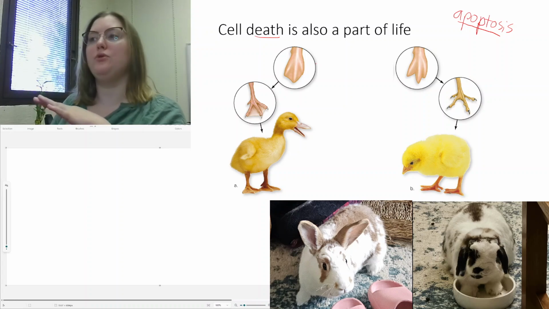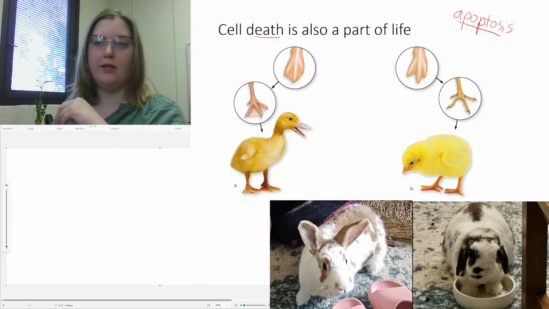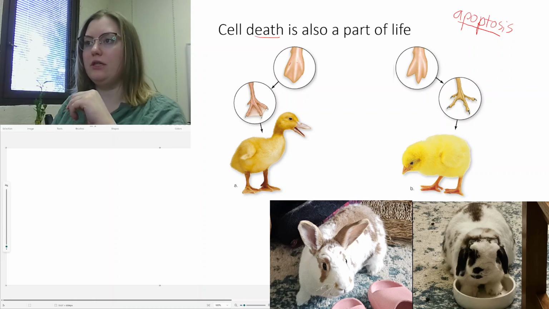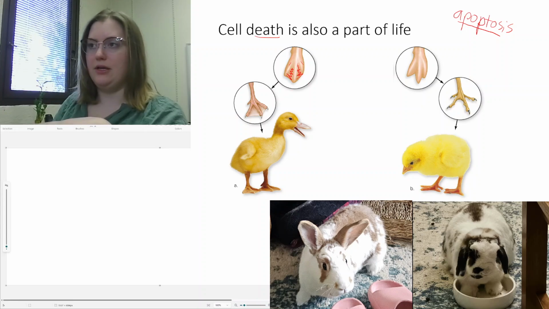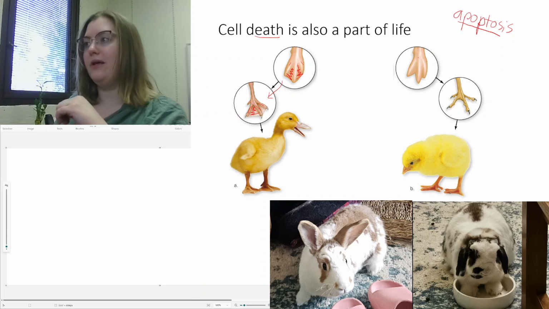So we can see two examples here of an early development foot, right? We can see our little digits, and then we can see we've got webbing between the digits. Okay, so in our duck over here, we are not going to see any programmed cell death, right? So it's going to go through the rest of development, and we still have our digits, and we still have the webbing. Okay, but in a chicken foot, we have the digits, we have the webbing,